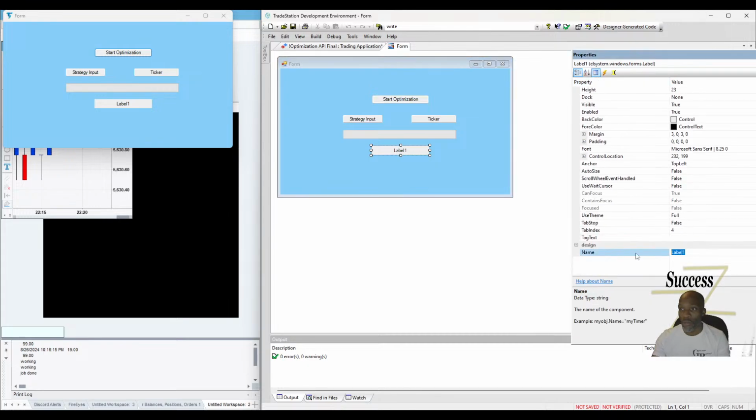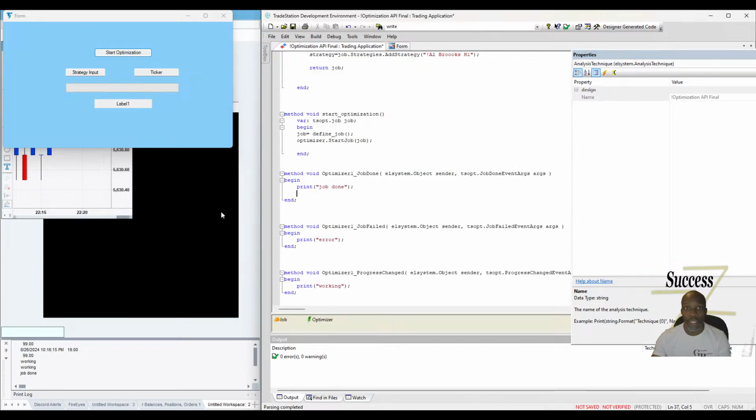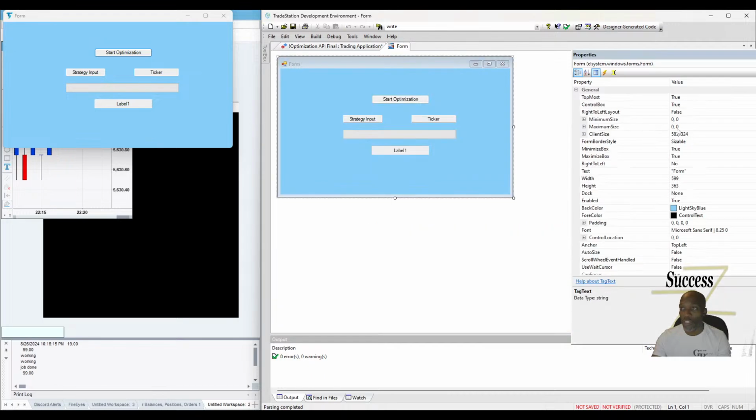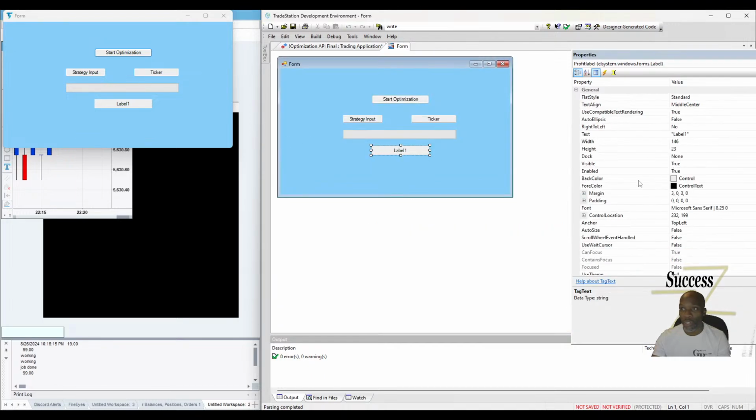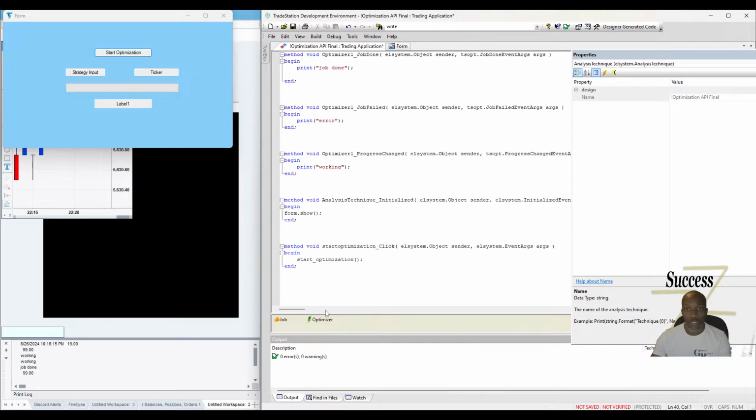We're going to call that profit label. Now we go back here, and we'll change the name too, because label 1 looks kind of weird just starting off. I'm going to say profit or best profit. Go back here, and what you want to do is when you get to job done,